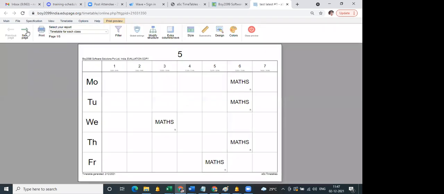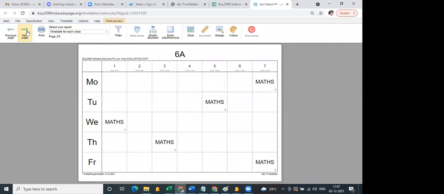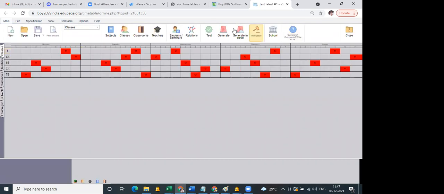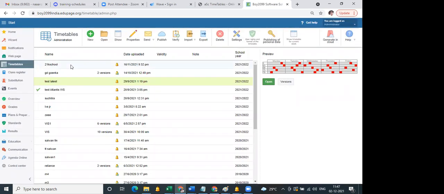So Naresh, both the timetable as well as the substitution version is available online, right? Correct. Once you are doing the substitution, you should make sure you publish that particular timetable. Once you have generated and uploaded the timetable, it is available online, but you can have multiple timetables online. Which timetable are you going to publish? If I want to publish it, I can click on publish and enable that particular timetable as active for doing substitution.